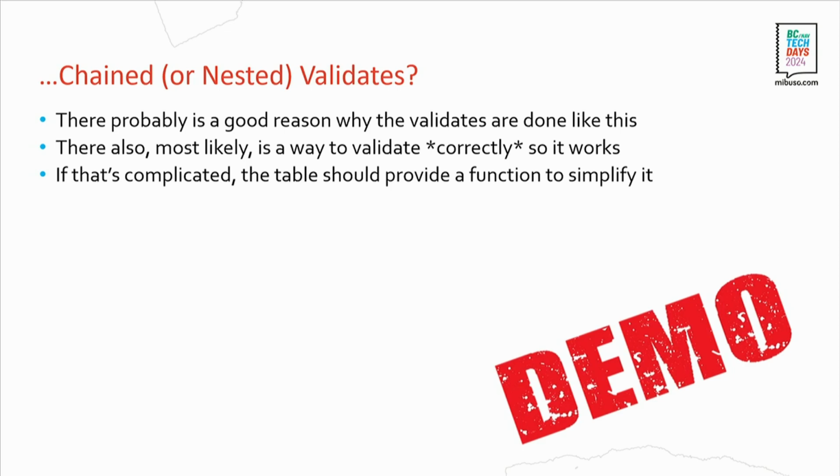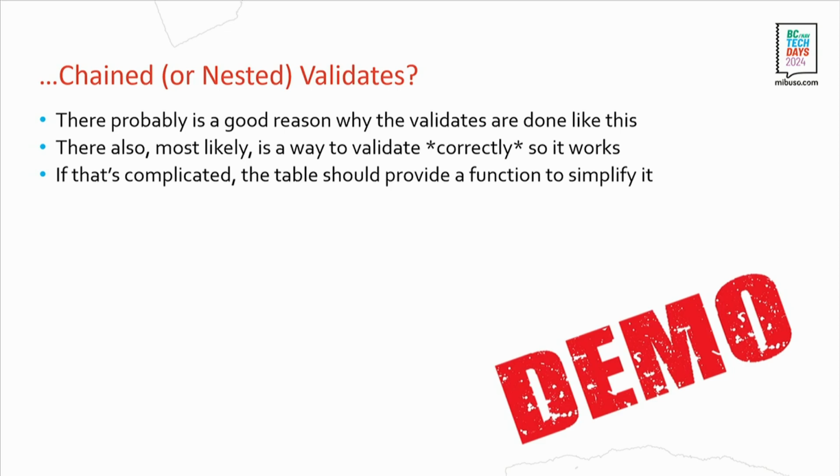And if that's your own extension, it might be a good idea to add a function to this table, to simplify this. Just the number of parameters, and then the function will just do it in the way it has to be. And if your code isn't closed, that will also help other developers to read that code and find out, okay, well, this is how it has to be. Otherwise, on pages, the fields are probably in the order the user has to enter them, because we learned on pages, skipping validate is not an option.